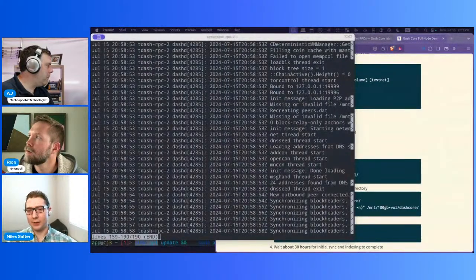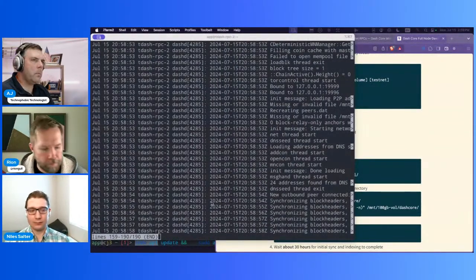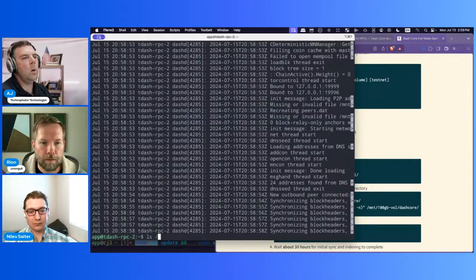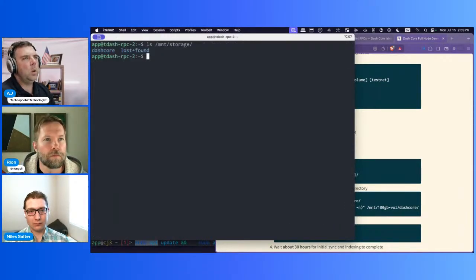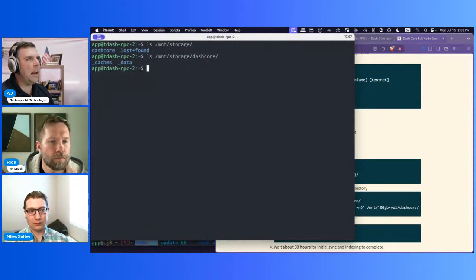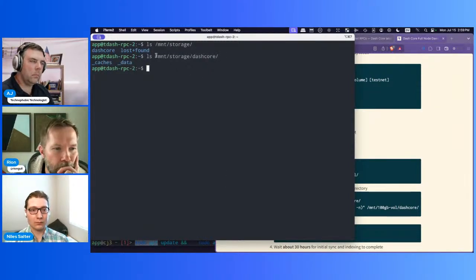Why does it have to go under mount? Oh, so when you are doing virtual computers, containers, whatever,